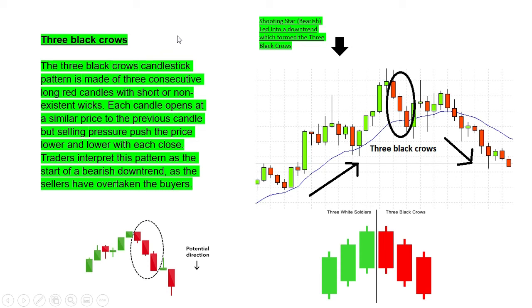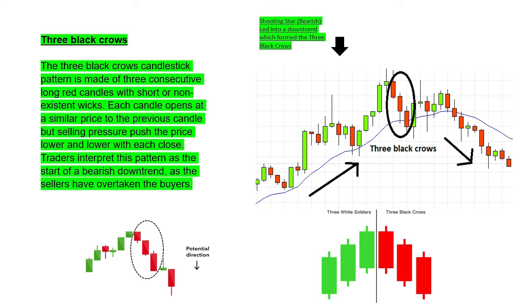So the 3 black crows candlestick pattern is made up of 3 consecutive long candlesticks with short or non-existent wicks. Each candle opens at a similar price to the previous candle, but selling pressure pushes the price lower and lower with each close. Traders interpret this pattern as the start of a bearish downtrend as the sellers have taken over